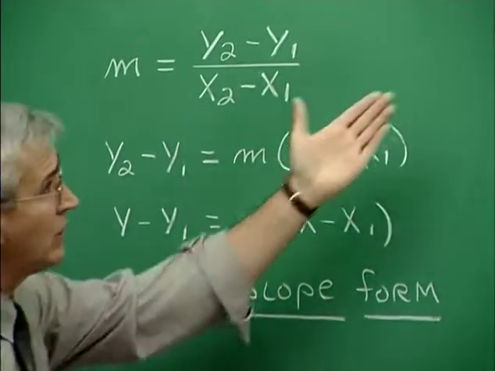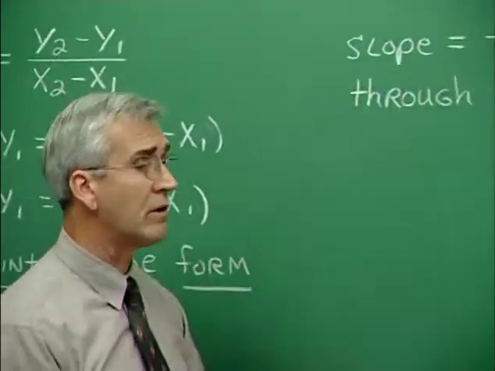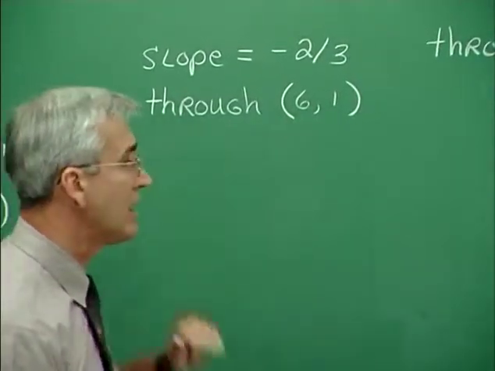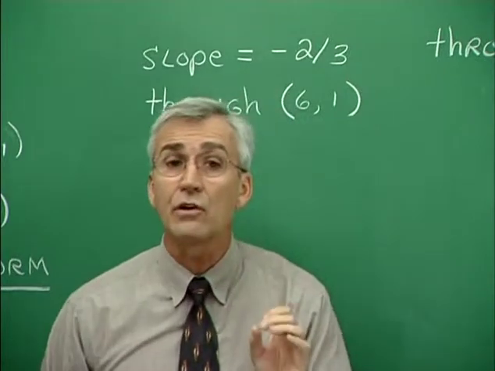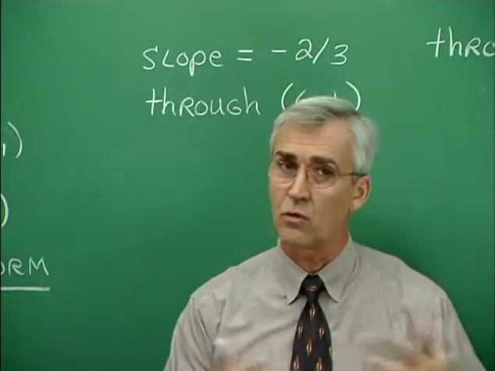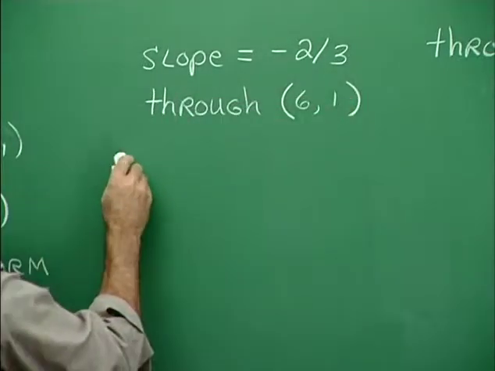For example, suppose we know that the slope of a line is negative 2/3 and the line goes through the point (6, 1), and we want to generate the equation of the line. Whenever you're asked for the equation of a line, think about this point-slope form and just write it down. So we would begin with